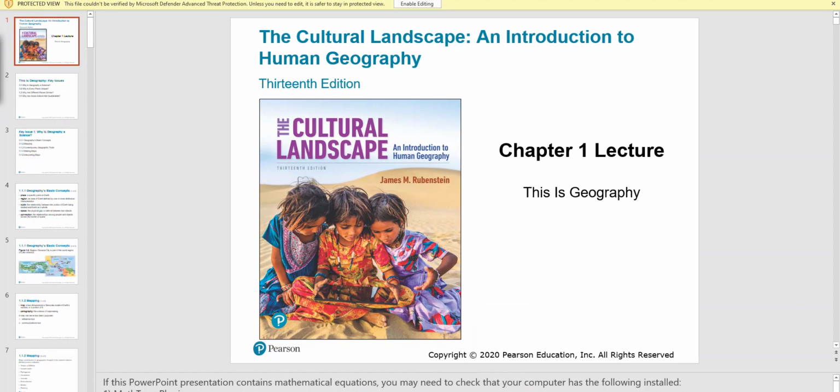If you make modifications to the PowerPoint slides, or perhaps you're creating your own PowerPoint slides and you want to make sure that they are accessible to your students, Microsoft has a feature built into PowerPoint to help you check this and to make modifications as needed. So this PowerPoint presentation has not been revised for accessibility yet, and I'll use it now to show you this feature. Once you're in editing mode,